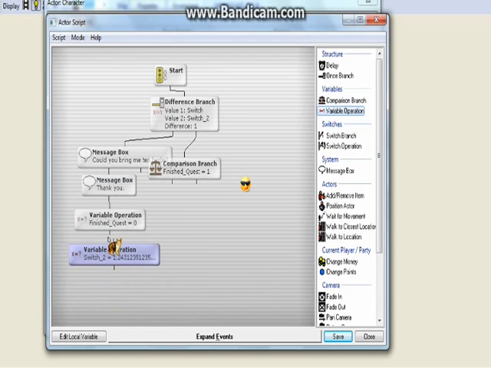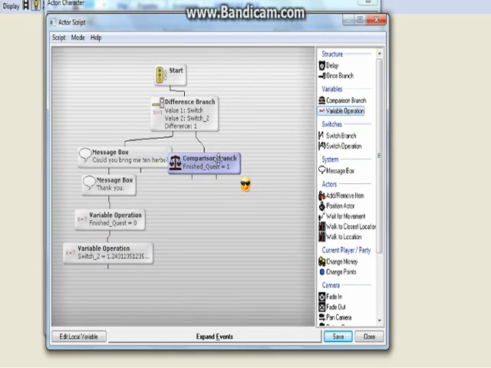I'm going to connect these all together. So you're going to make the finished quest set to 0. And this one, it says it's equal to 1. If it is equal to 1, then it'll go this way. If it's not equal to 1, then it'll go this way. So now you want to do